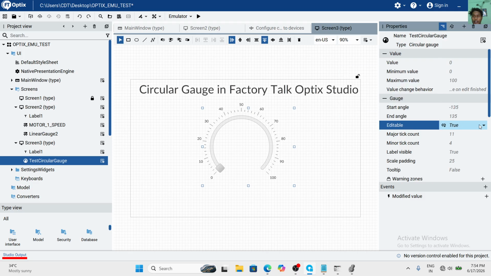Editable true means it is editable. When it is false, you cannot change it. When it is true, you can edit the circular gauge.